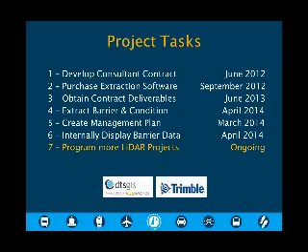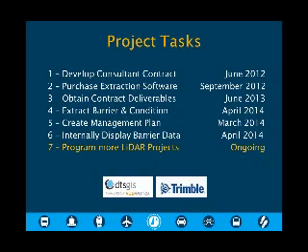We developed the consulting contract in June of 2012. You can see the slide here. We purchased the extraction software, Trimble Trident Analyst 3D, in September. We obtained the contract deliverables by June, and then we started to do the barrier and condition extraction. And that took us a while. I only had 1 person, sometimes 2, working on it, but we spent kind of our sweet time on that. We created a management plan in March of 2014, and we internally displayed the barrier data in April